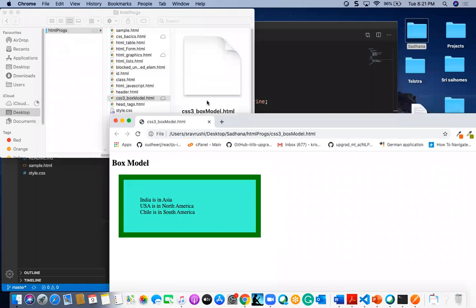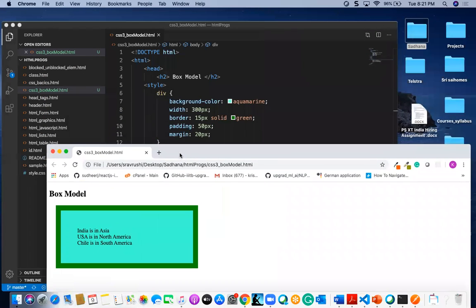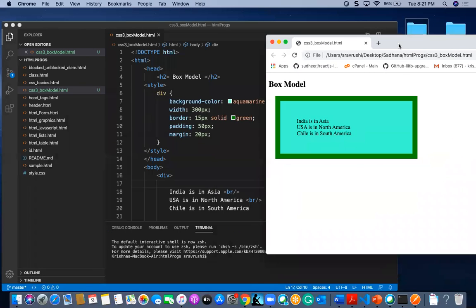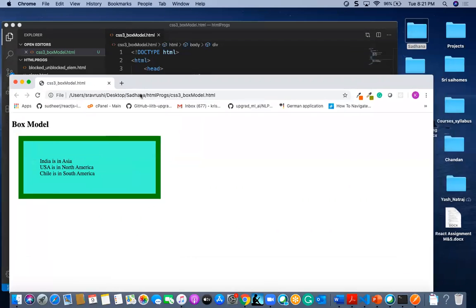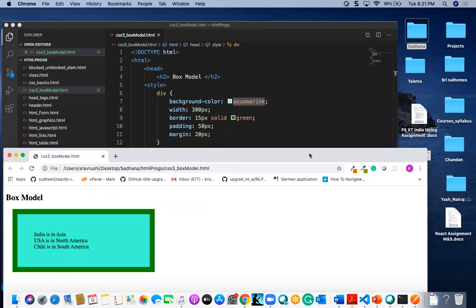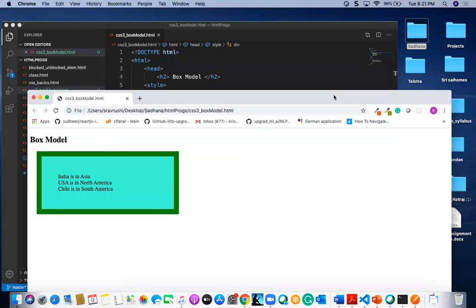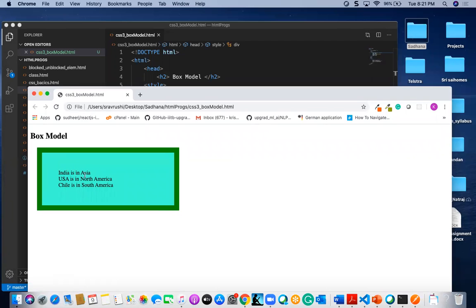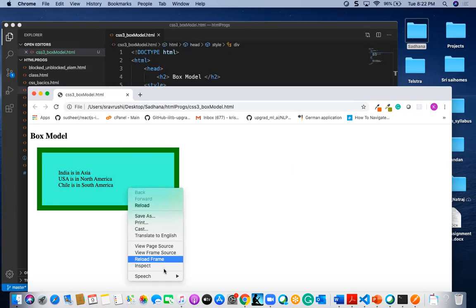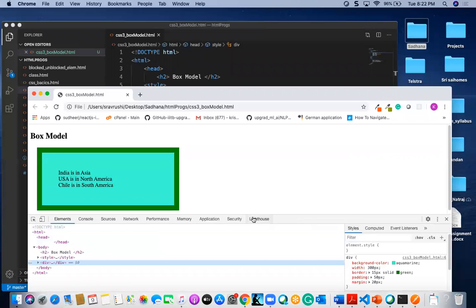Whatever the aquamarine is there inside, that is the content area. The content area is only this one, but there is one more area after this, that is padding. If I inspect this, you will find it more clearly.